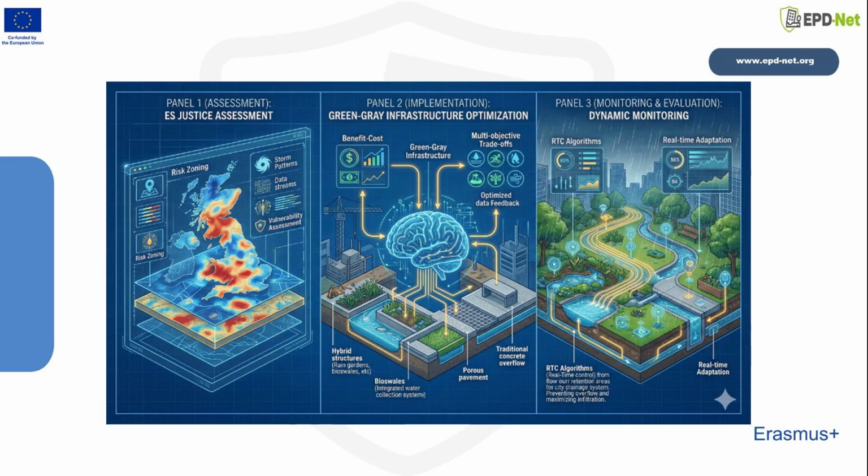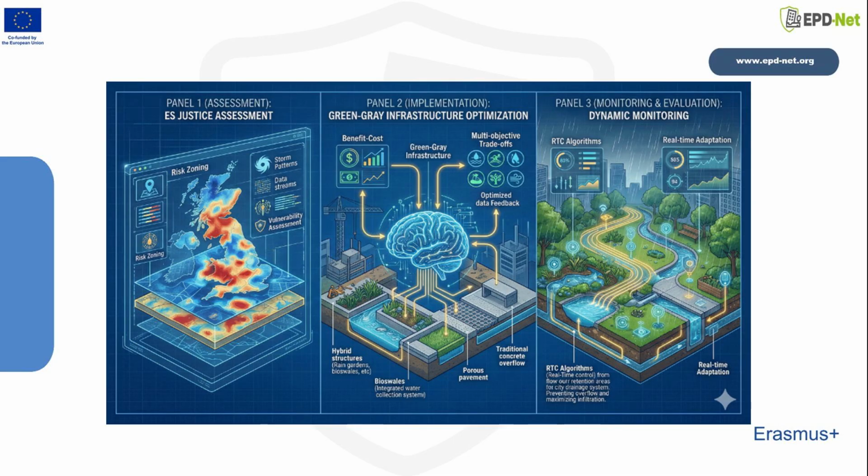The third area is monitoring and evaluation, M&E, which is increasingly reliant on technology. AI is essential for dynamic monitoring using sensors and data systems to acquire real-time data. It enables quick performance evaluation of implemented ECO-DRR practices and allows for real-time control of green infrastructure, GI, facilities using algorithms like RTC during a disaster event. AI is the vital engine that drives these procedures, transforming ECO-DRR from a static plan into an adaptive and dynamic